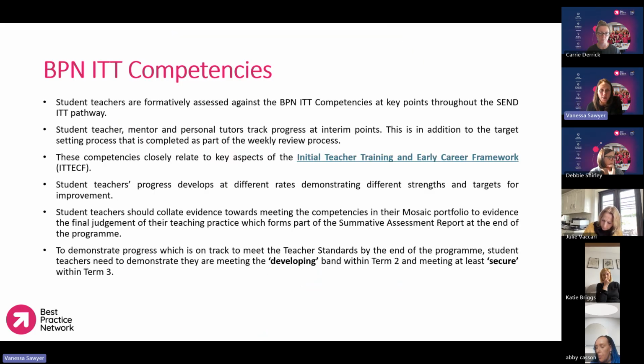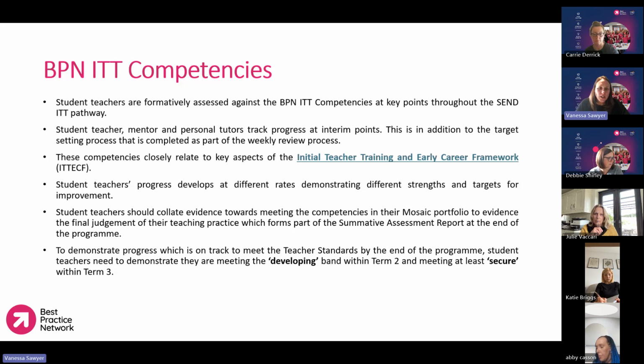And these ITT competencies are mapped to the teacher standards, and they're broken down into those core areas that I talked about earlier. So the behaviour support and classroom management has a set of competencies, as does the curriculum delivery for planning, teaching, and assessment. And then the development of the teacher has a set of competencies. And the idea is that the student teachers assess themselves against these competencies at the start of the programme. They do a baseline against them. And I'll show you shortly a new document that's come into play ready for the June cohort,